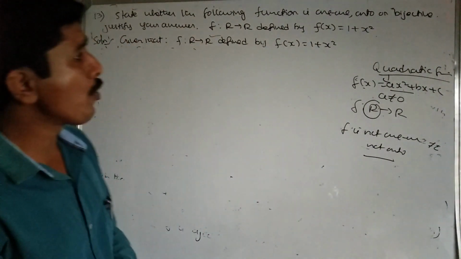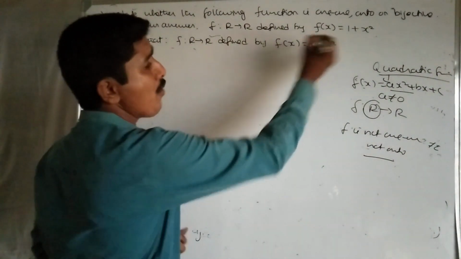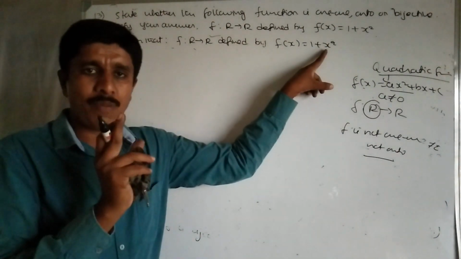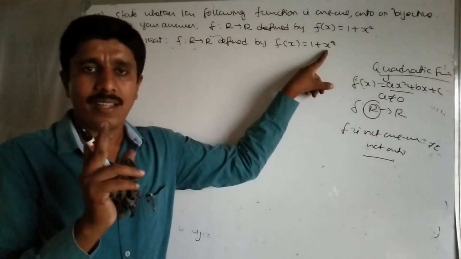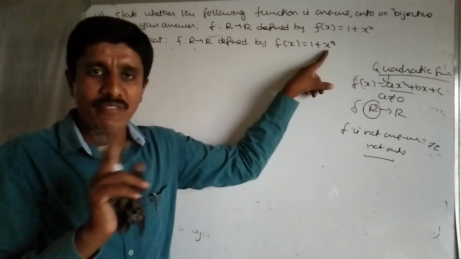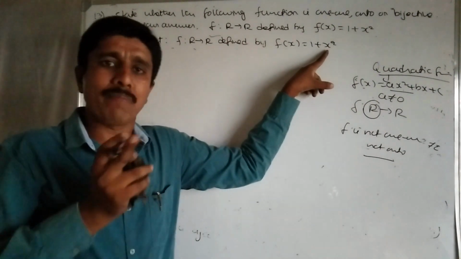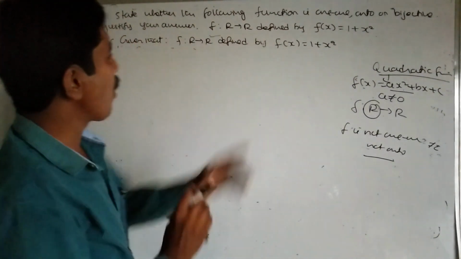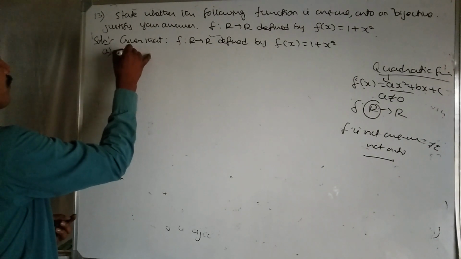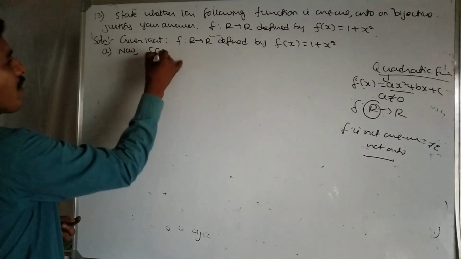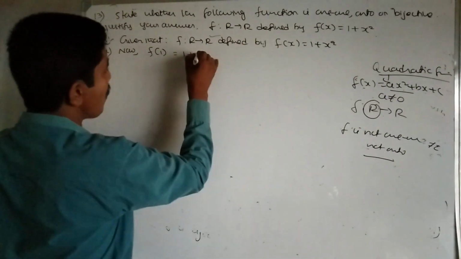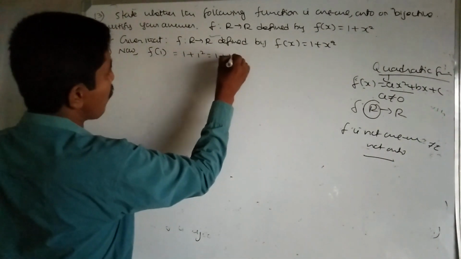Mind it. How to prove: it contains a square term. Already we have seen this type of problem. Take the same numbers, with opposite signs: plus 1, minus 1; if you take 2, plus 2, minus 2; 3 means plus 3, minus 3, like that. Here I am taking x equal to 1 first. Here x equal to 1: 1 plus 1 square, 1 plus 1 is 2.